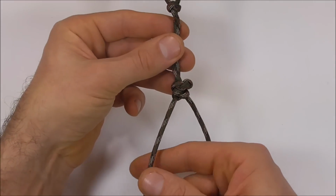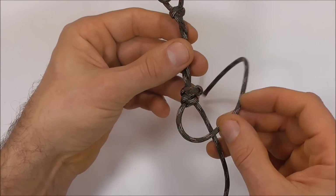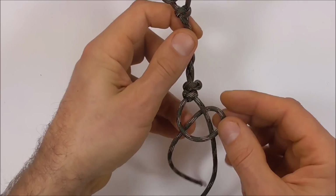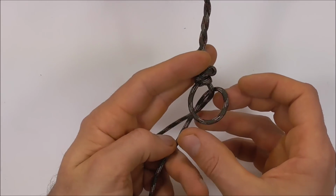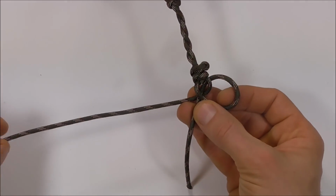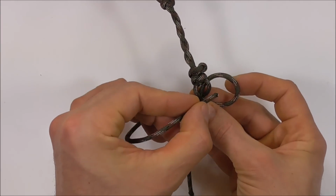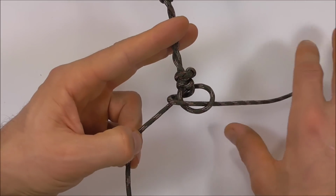So then we're going to tie one last snake knot. Let's take that left strand all the way around the right hand strand. Switch those two strands over and then take the left down through that right loop,